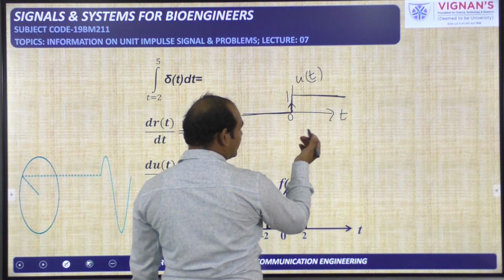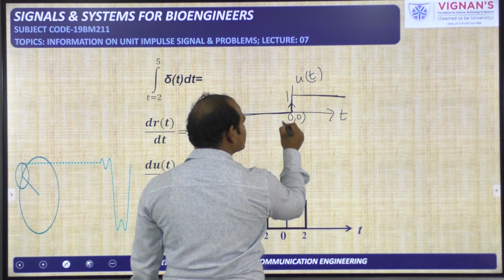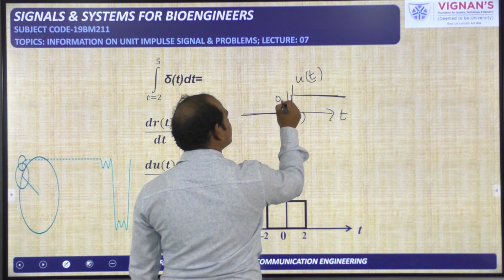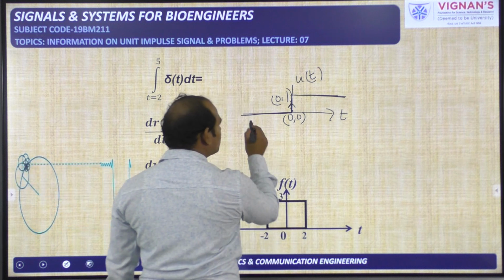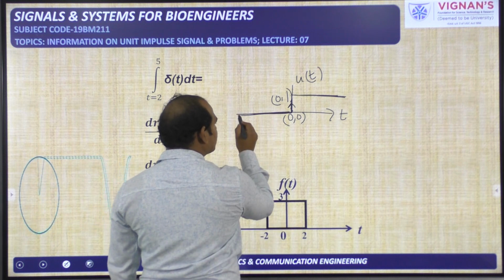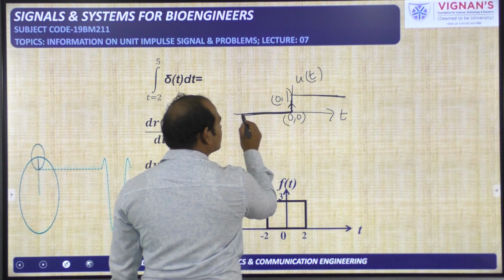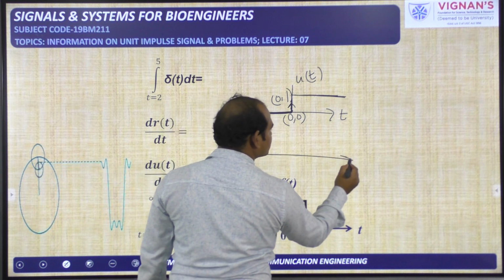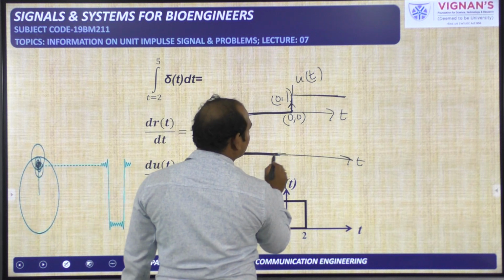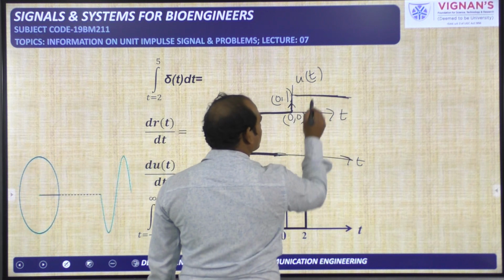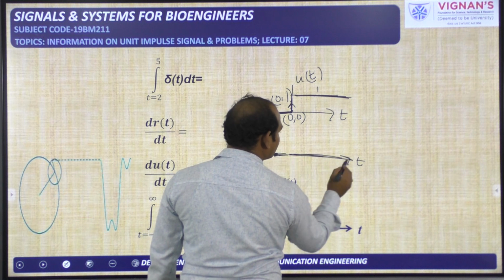Okay, derivative means, here what are the coordinates? 0, 0, and here the coordinates are given by 0, 1. X coordinate is 0 and y coordinate is 1. So first I am doing the derivative for the left side part. That means here 0 amplitude is there, 0 derivative will become 0. Next, 1 derivative is also 0 because 1 is a constant, we will get 0.